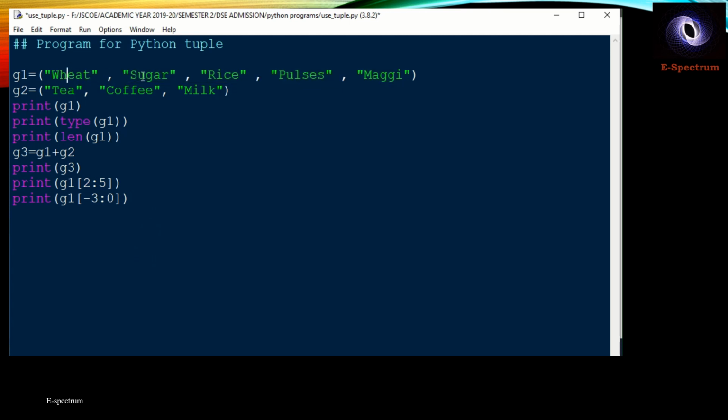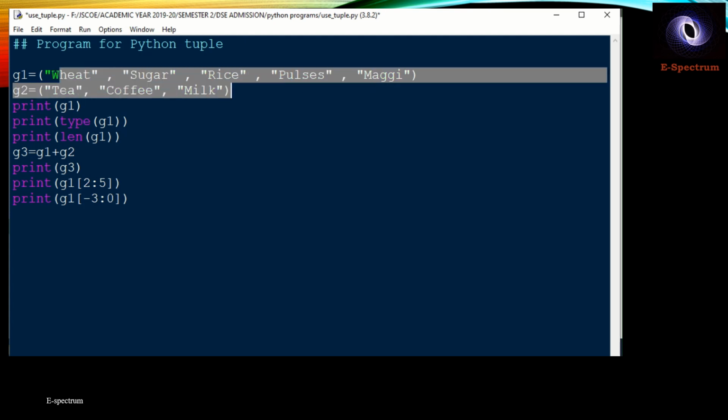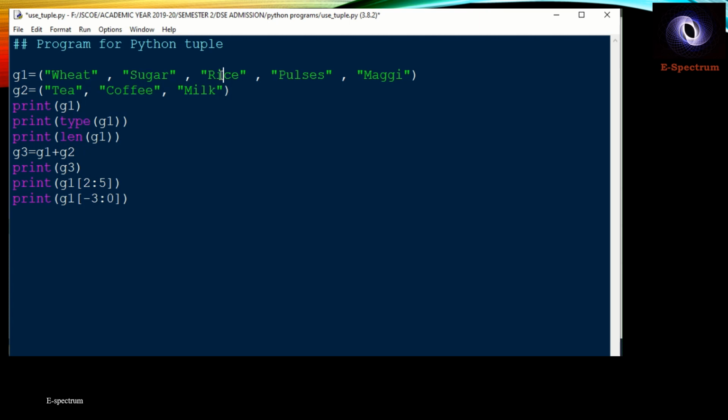So it is 0, 1, 2, 3, 4. And while coming back, it is -1, -2, -3, -4. Width remains 0. So let us see what it displays.